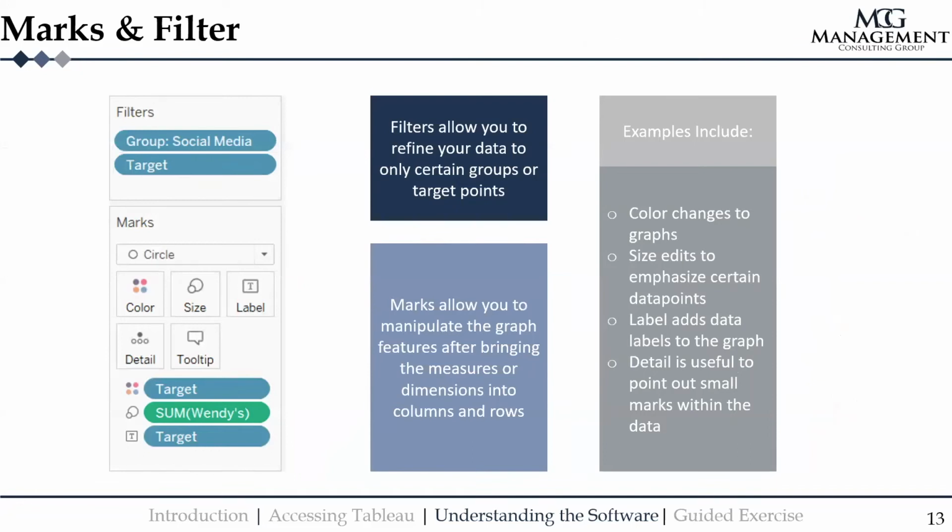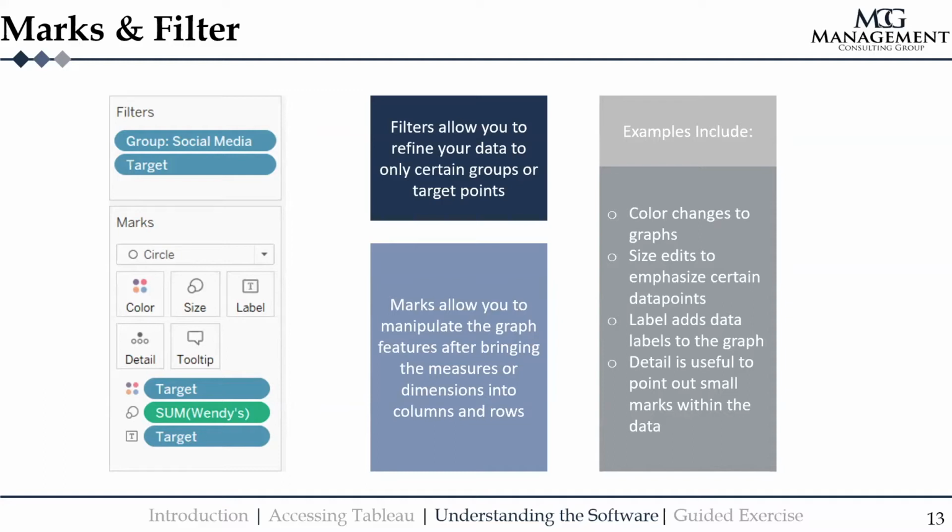And then finally, we have our marks and filters. So what the filters are is, it's a filter. You can say for your McDonald's case, you're looking at the grouping of social media, and then the targets will be all the different social media platforms that are available. But you only want to compare, say, Instagram, Twitter, and Facebook. You could filter based on target and then choose only those three platforms